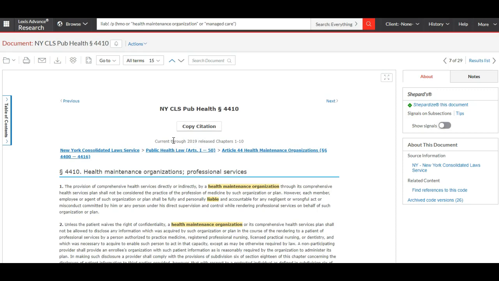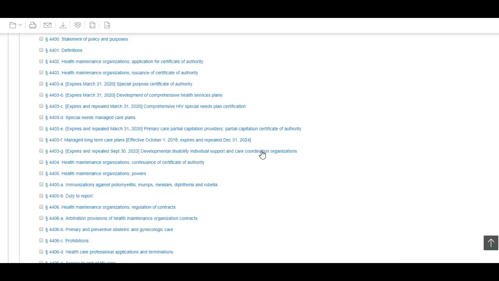So investigating our annotated code features on Lexis, again, the features are pretty much the same. They're just organized a little bit differently. We see the table of contents we can expand here, or again, looking at that very important statutory context, we see we can click on the links here, and that would bring us to the table of contents. Going back to our section,